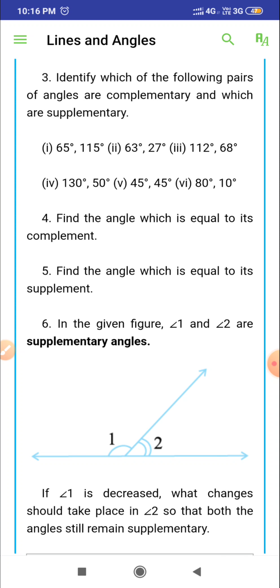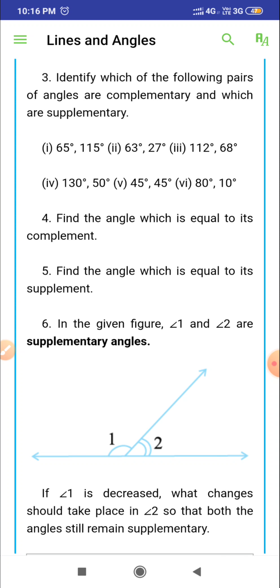2x is equal to 90 degrees, x is equal to 90 divided by 2, and we have the value of x as 45 degrees. And we have to write the reason in front of the first line where we write x plus x is equal to 90 degrees, and its reason is they are complementary angles, so their sum is 90 degrees.